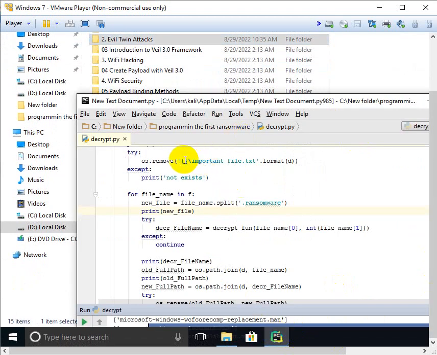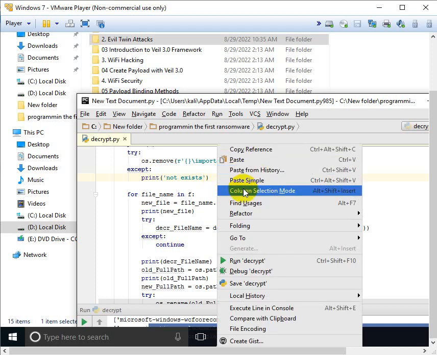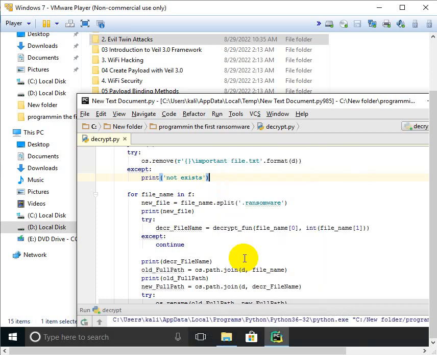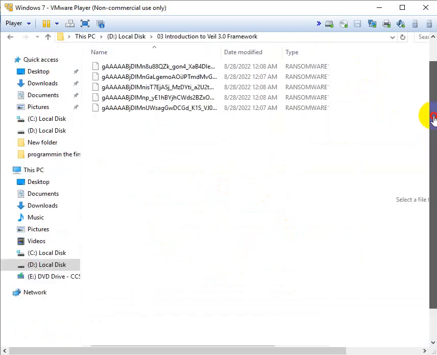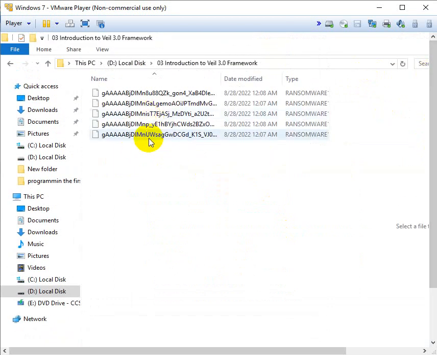Let's put the R letters here and run again. Here you will notice that the important file has been removed